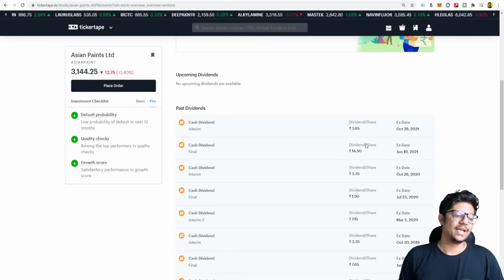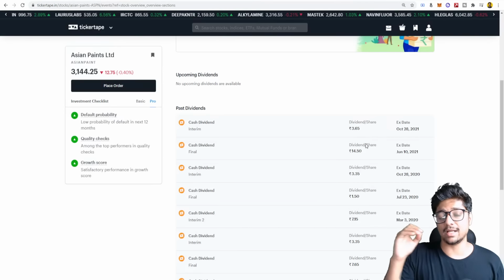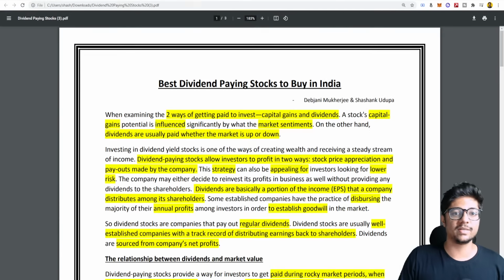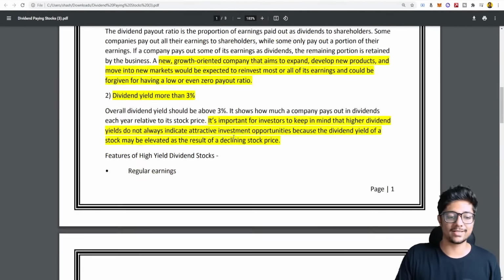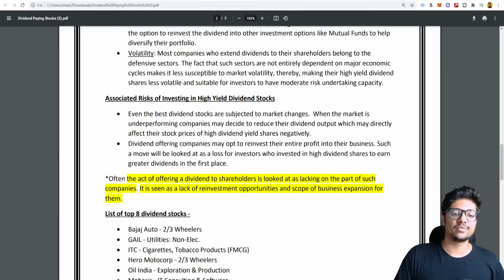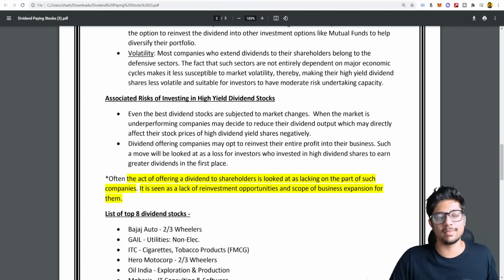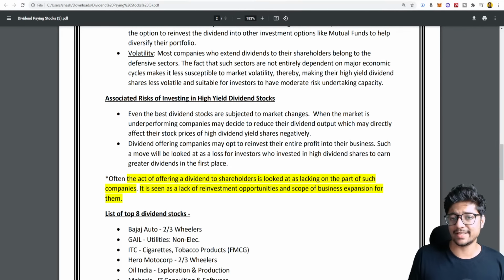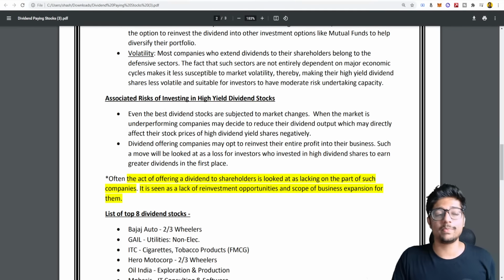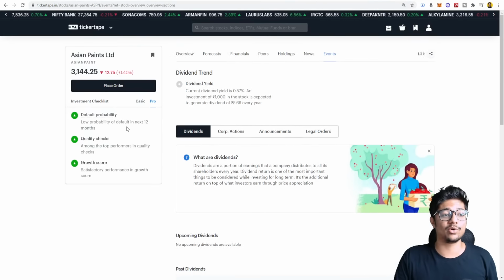Chalo, awesome. Again, thank you, Deb, for doing amazing research on dividend paying stocks, on understanding how dividends basically work. This is very good for someone who wants to do passive income. Either you can take it and go party, club and enjoy, or use it for monthly expenses for your parents, or you can opt to reinvest that entire profit back into that business as well. So I hope this helped a lot, and I hope you guys learned a lot.